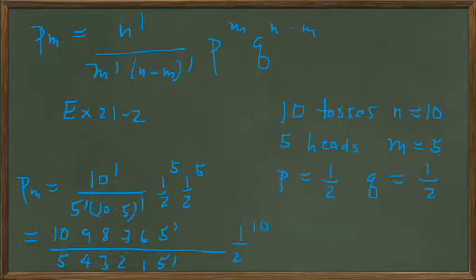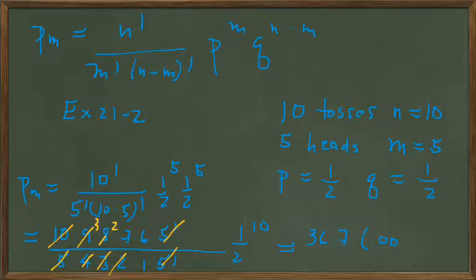And then we can do some cancellation, right? A fair amount of cancellation. The two 5 factorials cancel. The 5 times 2 cancels out the 10, and the 4 goes into the 8 twice, and the 3 goes into the 9 3 times. And if we continue, that gives us 36 times 7 times 1/2 to the 10th, which is about 0.009765, and if we combine all that together, we get approximately